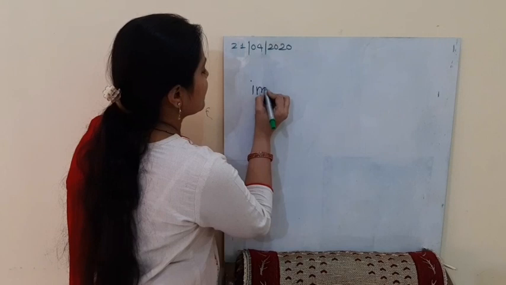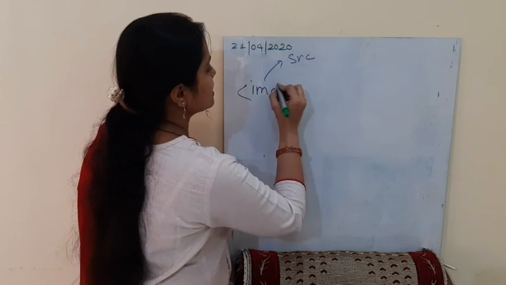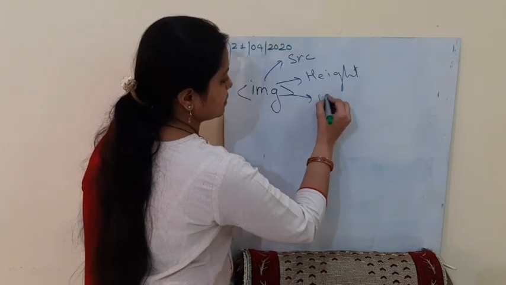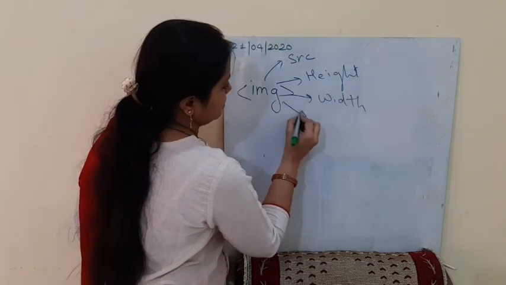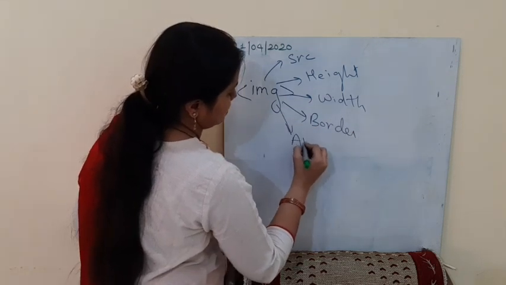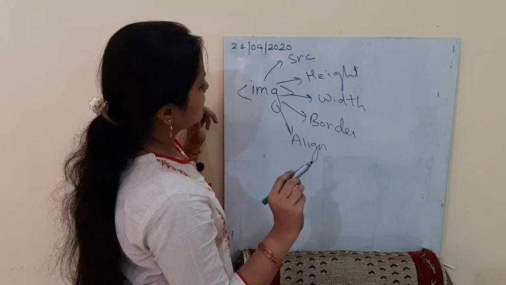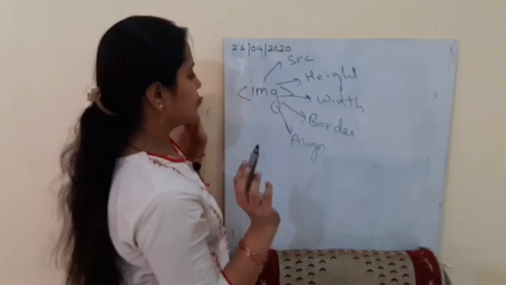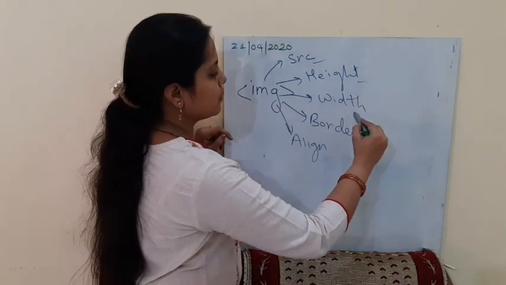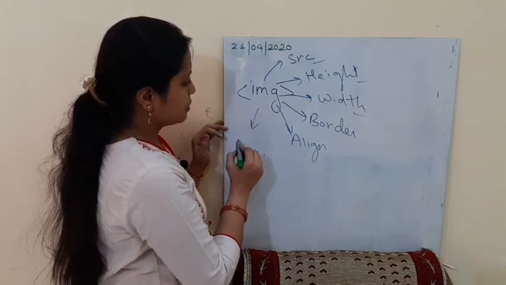So the img tag has many attributes, like the first one, as I have told you, src, height, width, border, alignment, and then what else can it have? Many more. I have told you what src is, height you know, width you know, border, whether you want a border or not. If I am talking about border, you can have border color,